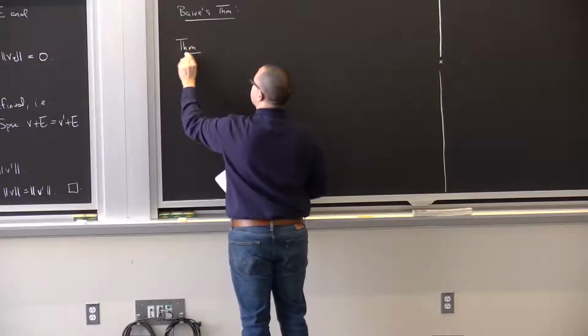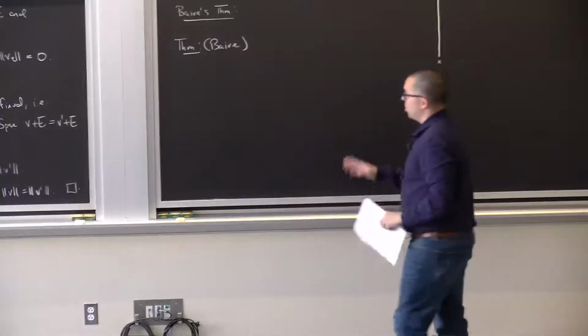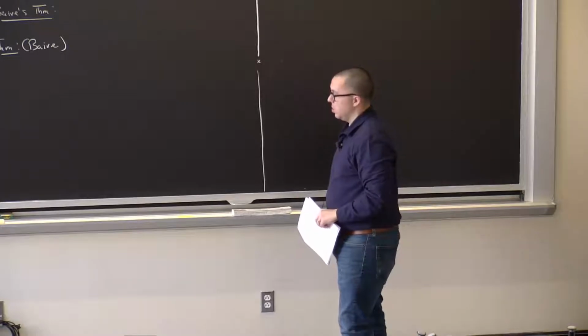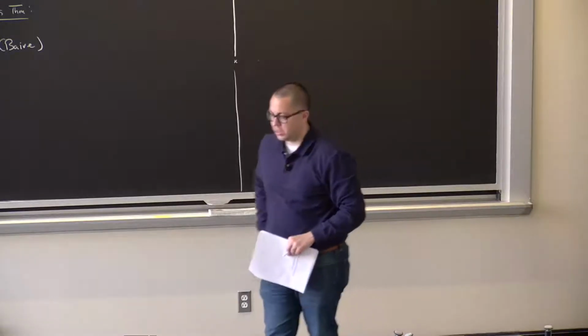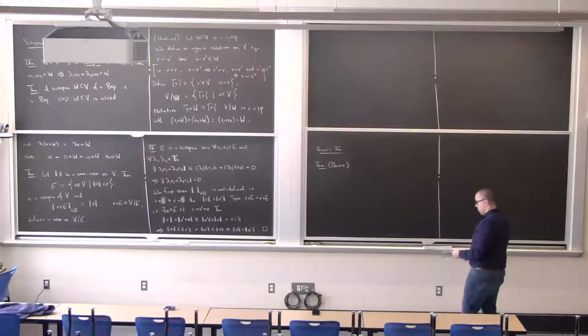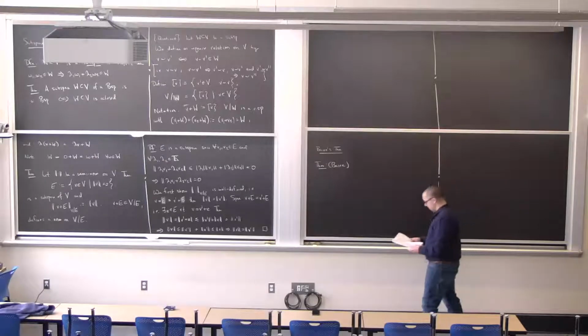So this is Baire's theorem. It also goes by the name of the Baire Category Theorem, although it has nothing to do with category theory as is used today. I don't know if category theory gets used or if it just is created for itself. But Baire's category theorem is the only category theorem that I know. So what does it state?